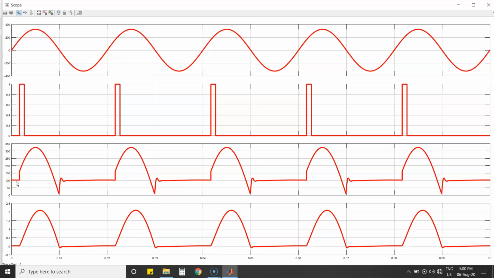Till your input voltage is less than 100, the output will be 100, and at this point your current will be 0, because the SCR is reverse biased. So it won't conduct, and there won't be any load current flowing, but the voltage across the output will become 100 due to the presence of that battery. Wherever we have a constant 100, our load current will be nearly equal to 0. So this is for the RLE load.